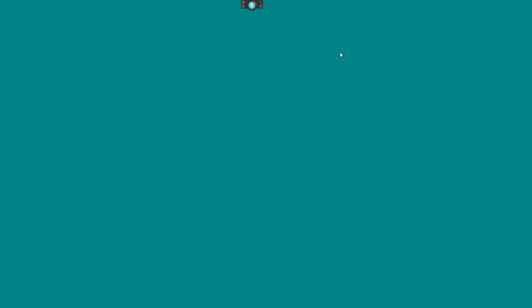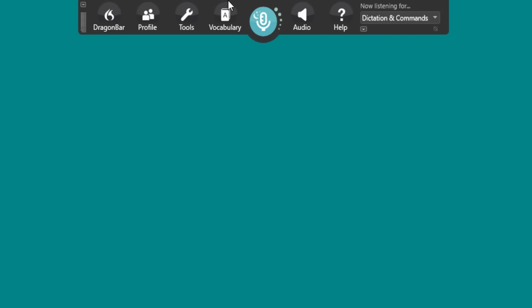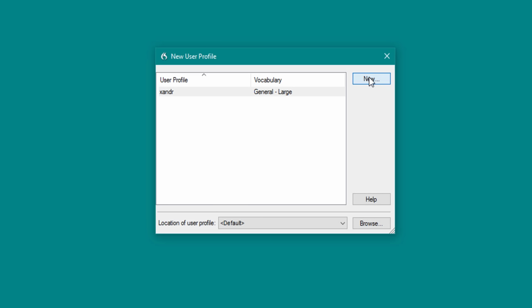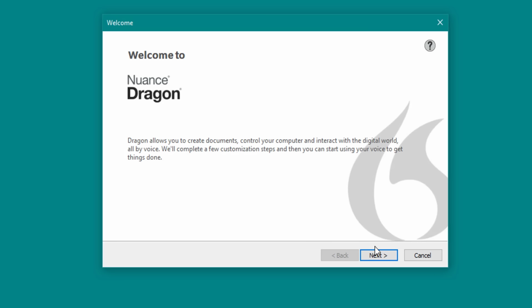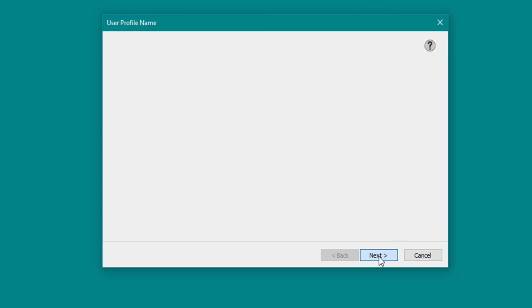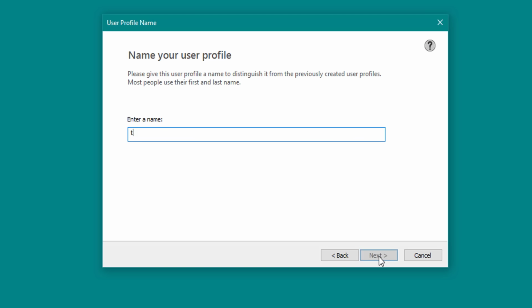So before we start, we need to create a profile. I'm going to go up to the top and select Profile, New. If you're using Dragon for the first time, you won't have to do that. It will automatically come up with the next window you'll see in a minute for you to create a new profile. And this is the window you'll see. So I'm going to click next and type in tester